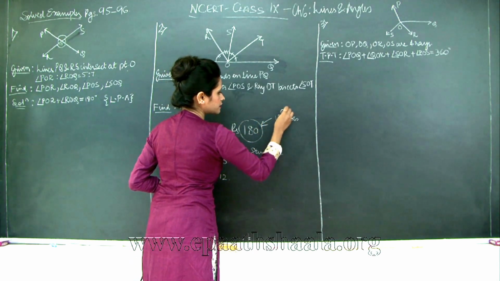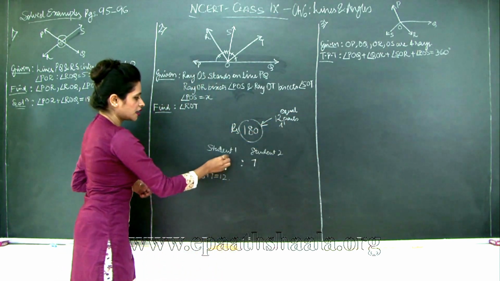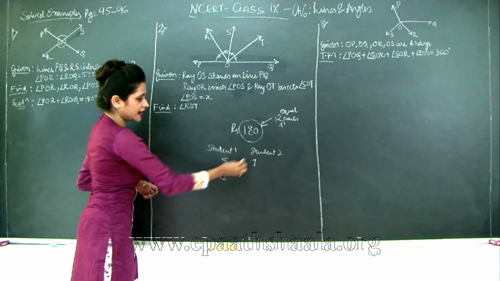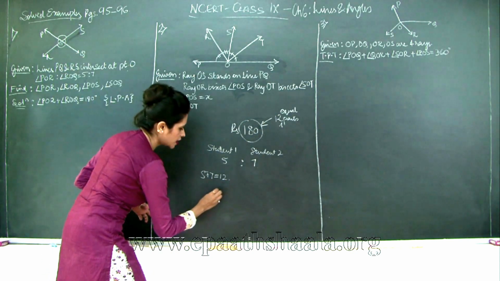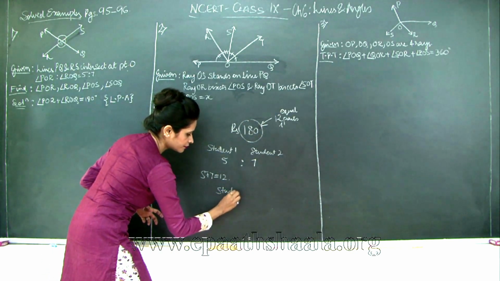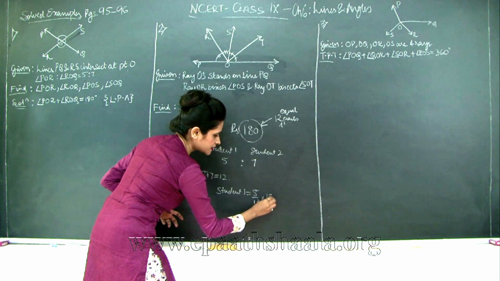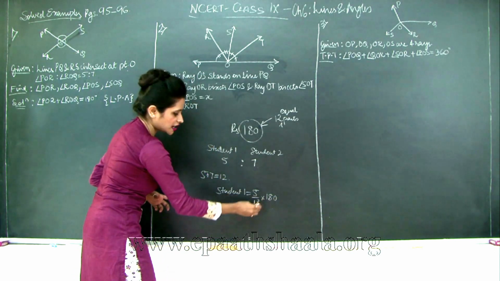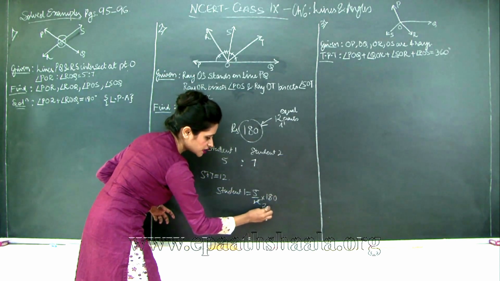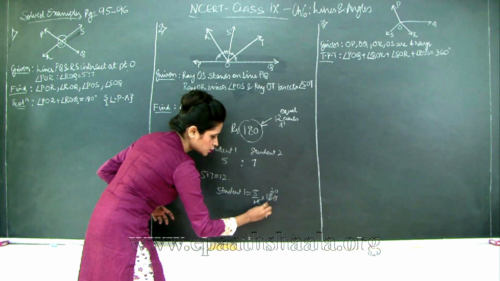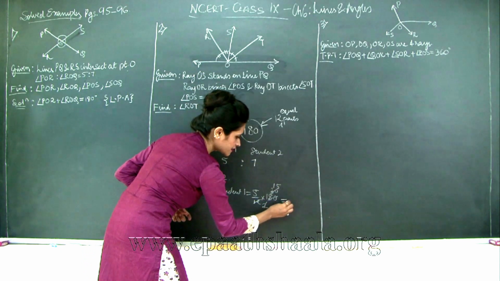12 equal parts, and amongst these 12 equal parts, student 1 will get 5 parts of it and student 2 will get 7 parts of the 12 parts. So how are we going to do this? I'll say student 1 will have 5/12 into 180 rupees. Why? Because this is 5 parts out of the 12 parts of the total amount. So let's calculate this. 6 2s are 12, 6 3s are 18, 2 1s are 2, 2 15s are 30. So I get 5 into 15, which is 75.